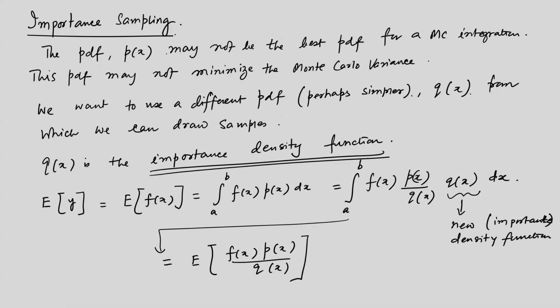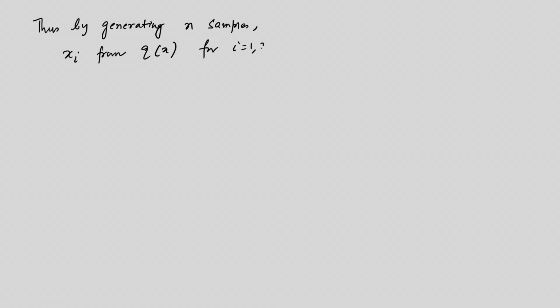So, we have simply introduced this q(x) distribution, and it becomes the expected value of the quantity f(x) p(x) by q(x), weighted by q(x). So, by generating n samples x_i from q(x) for i equal to 1 to n,